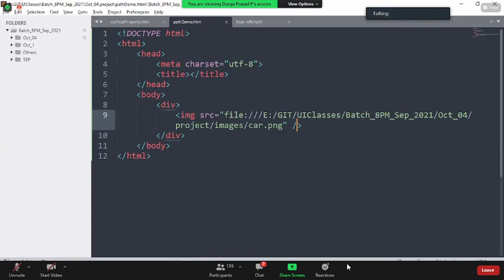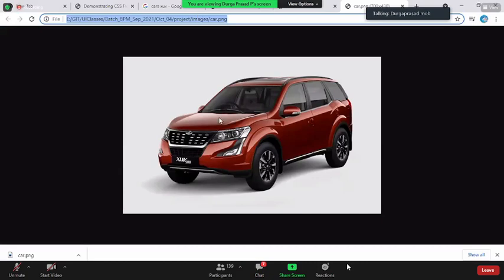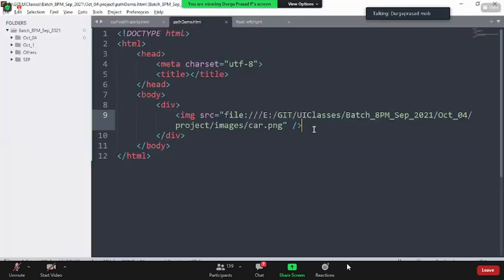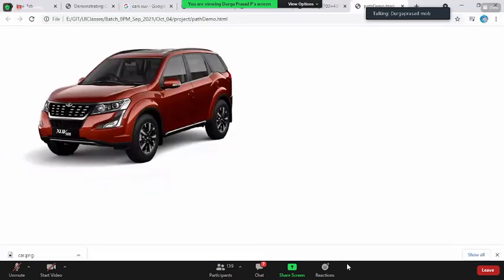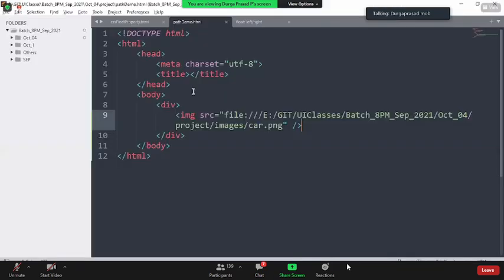But where? Here on the top, I'm getting right here. Right click, I can say copy image address. That is also one way. But anyway, first of all, you're going to drag it, so that way you can actually get the complete path of this. Now, if you open this inside the browser,